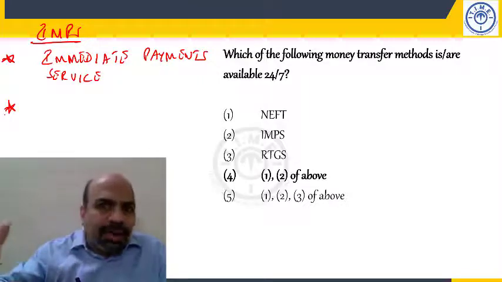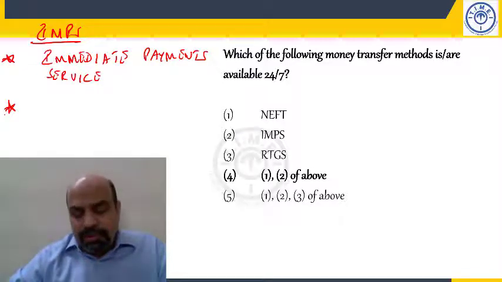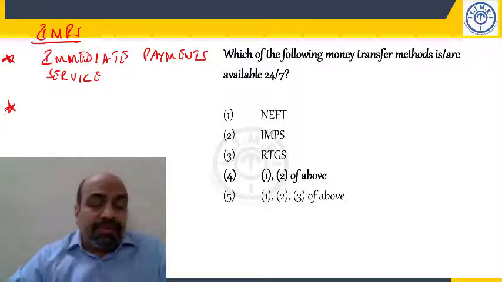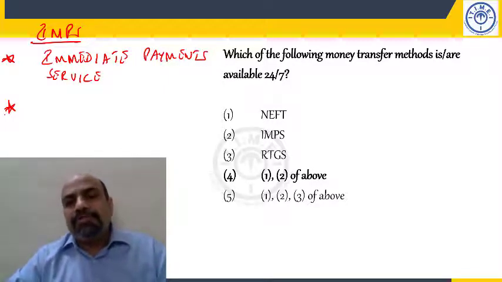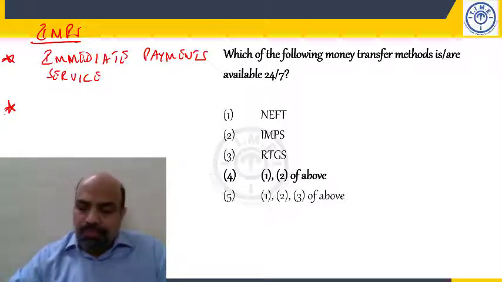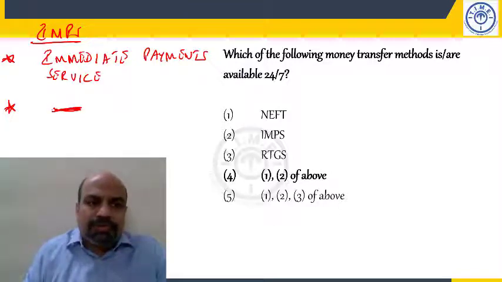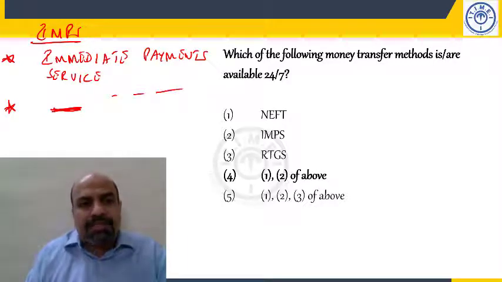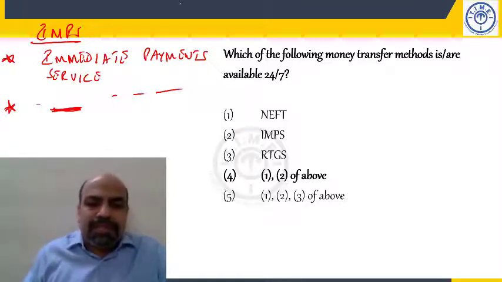Okay, the core idea, right? No need for the beneficiary's bank account details, dash. See, dash is a long hyphen. We are not talking of a hyphen like an M dash or N dash. Don't worry, put a long hyphen, you could call it. No need for a beneficiary's bank account details, dash.